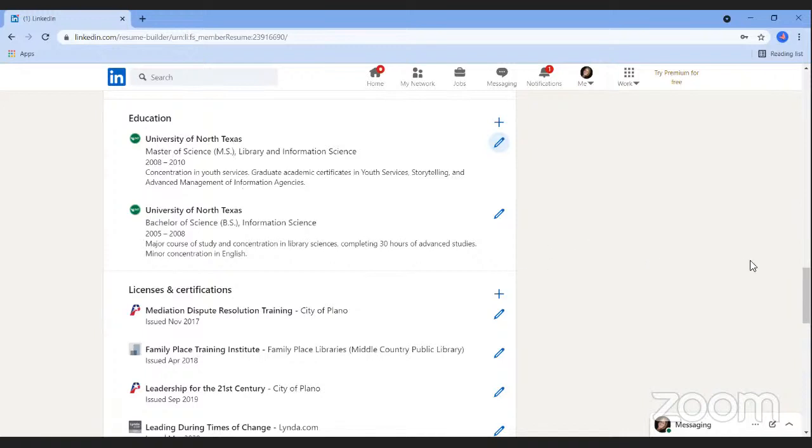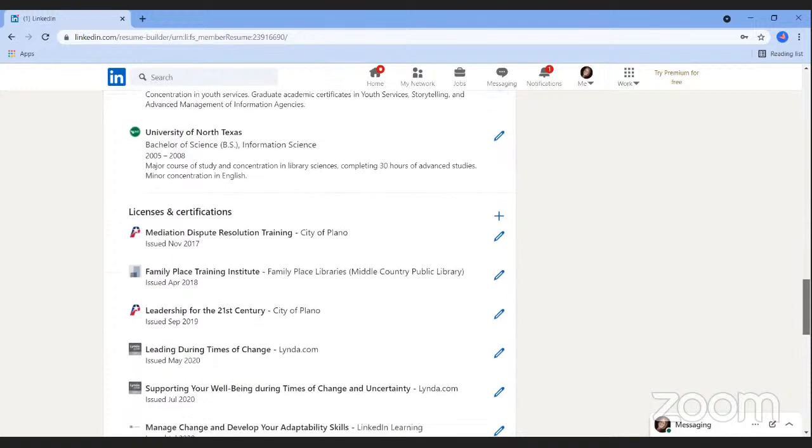Right underneath our education is where we will get into licenses and certifications. Once again, LinkedIn is going to include everything that you have on your profile, but you might not need everything on your resume. Look for things that are required, preferred, or most relevant to the job you're applying for.